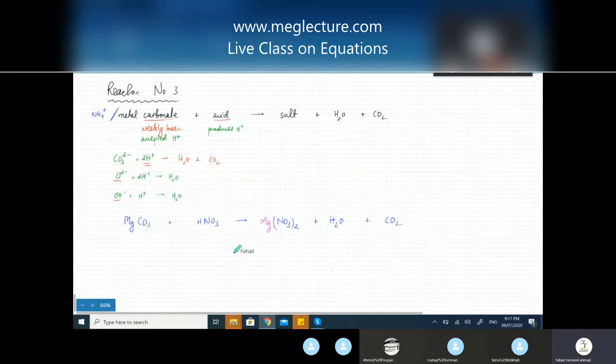So we can try and balance this equation now. Start with the easiest. Easiest is least number of places. So Mg is balanced, most of the things are balanced. There are 2 hydrogens over here. There should be 2 hydrogens over here as well. So I'll multiply this by 2. And that pretty much balances everything.